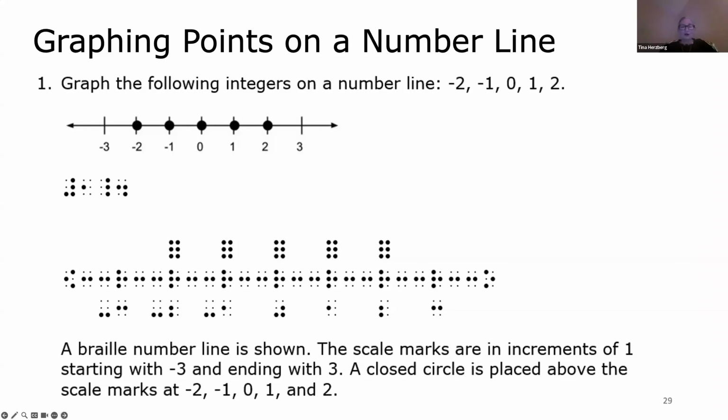We also went ahead and included descriptions of what the number lines entailed with each one of those as well. Now, I will say that with all of the focus lessons, we start each time with a symbol list. And so students are introduced to just a few symbols at a time. So for this one, they'd already learned how to write the axis line. They knew how to write the closed circle. And so this is when it was time to put it all together after they had learned about the symbols, they had been reading and then actually going through number lines, and now they were ready to actually learn how to make them themselves.